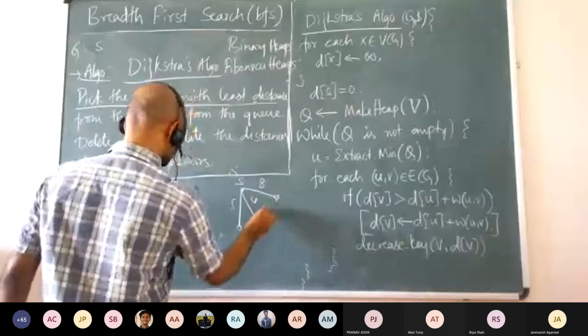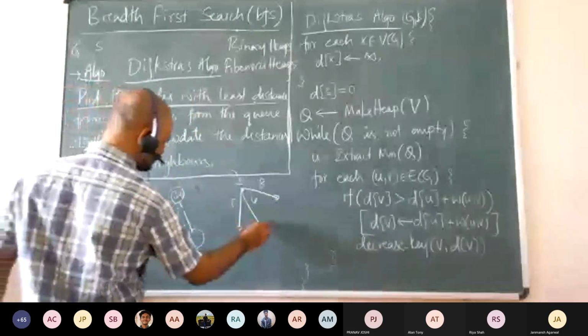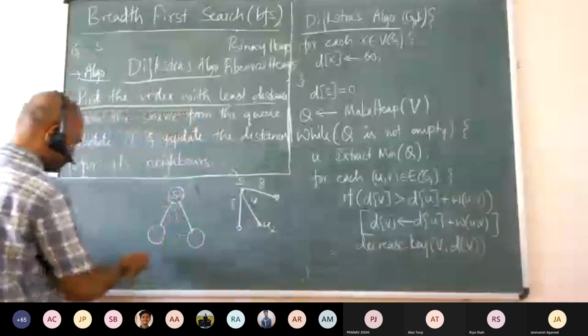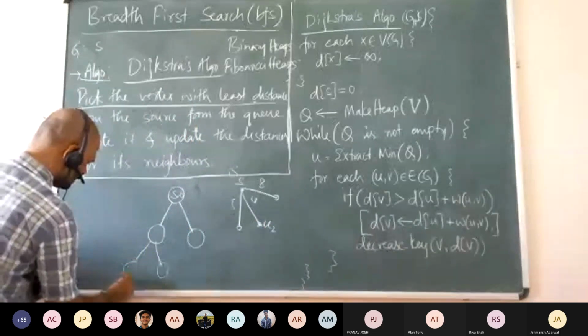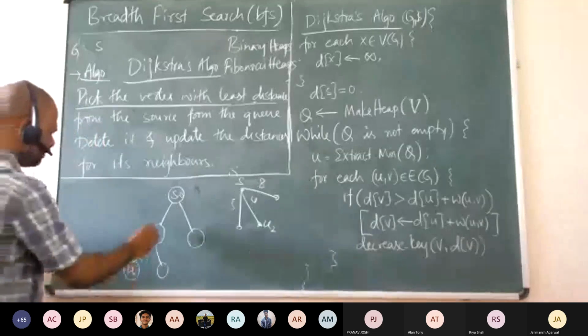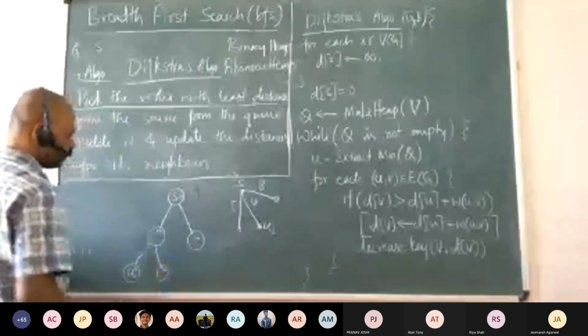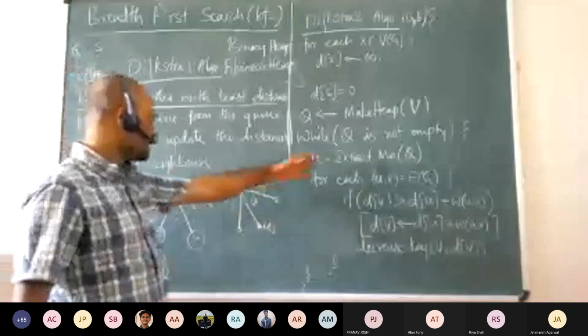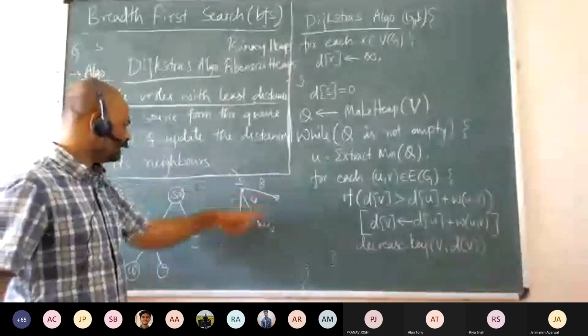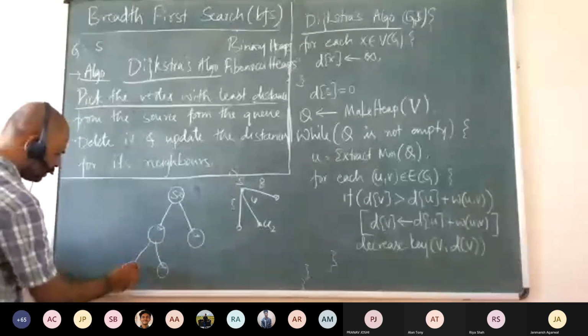Right, these things will be updated. Suppose u2 was somewhere here. Since everything was set to infinity, everything is infinity now, except for this one which is 0. Once we extract the source, we update distances for all of these. For u2 also it is updated. For u2 it is 4.